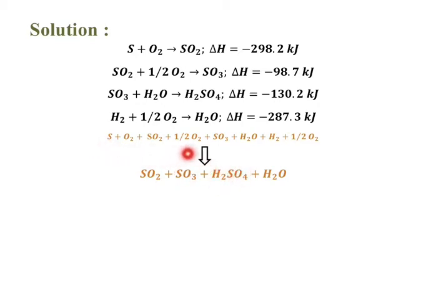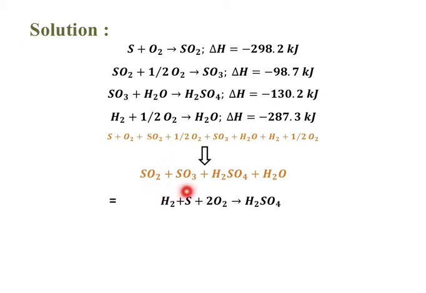So we have 4 reactants. We combine all the O2s, so we get 2 O2. The resultant final equation is H2 plus S plus 2 O2 gives H2SO4. That's all. This is the required final form, that is the formation of H2SO4. So this equation represents the enthalpy of formation of H2SO4. So we added all the reactants and all the products, and got H2 plus S plus 2 O2 gives H2SO4.